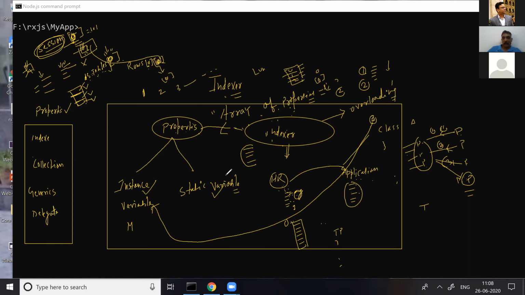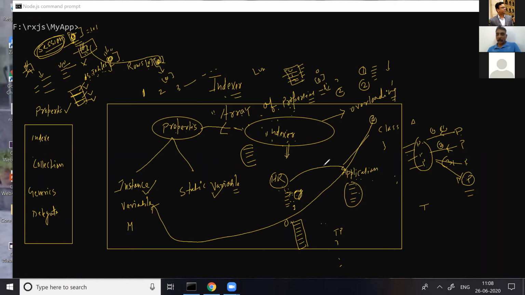That's the most important point. An indexer is never meant for accessing a static variable as an array of properties. So an indexer is meant for accessing only instance variables using the array of properties.